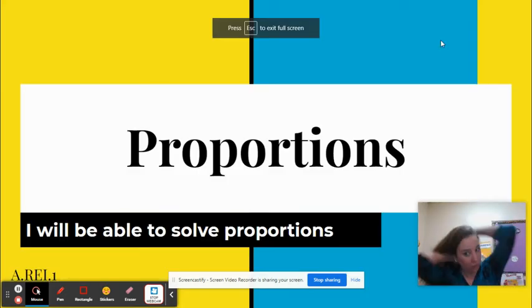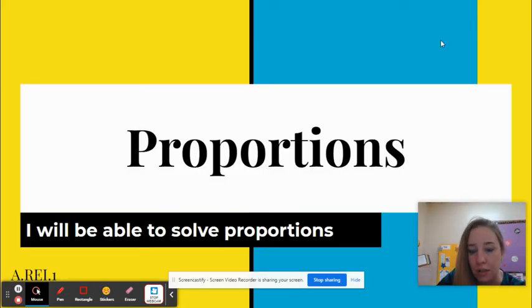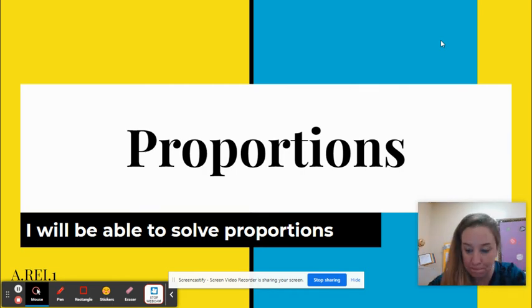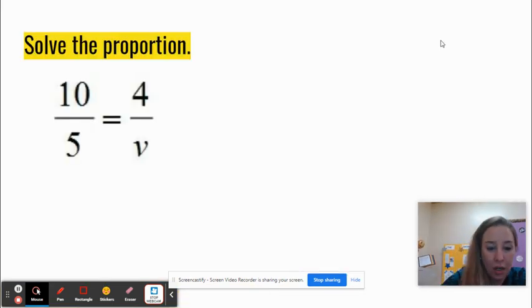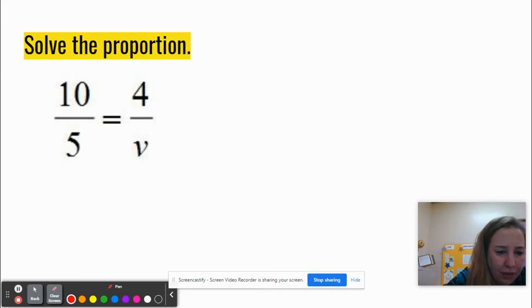Hello. So we are going to review how to solve proportions because it comes up a lot. So you might remember this from previous years. Some of your teachers might have called it butterfly multiply, right? So when you have this equal sign in the middle and you're trying to solve the proportion, what you do